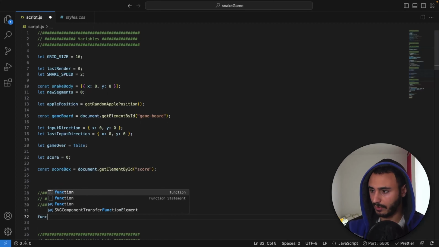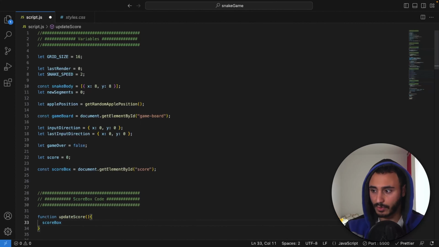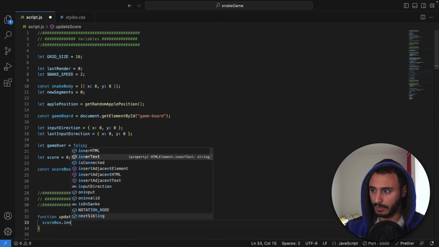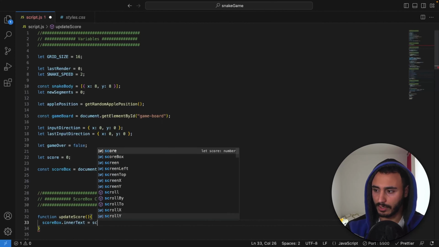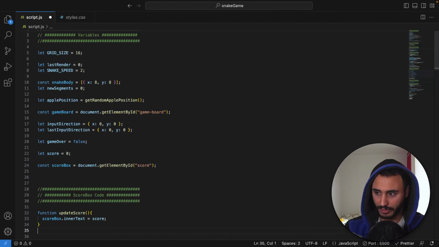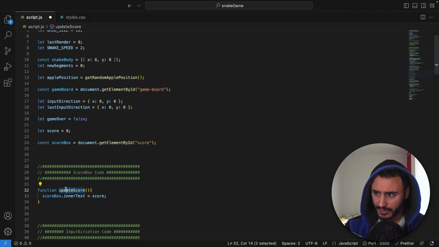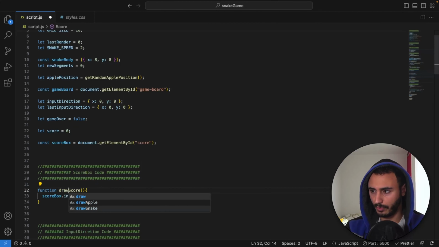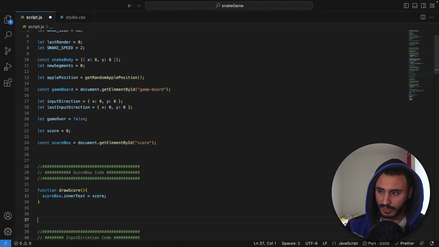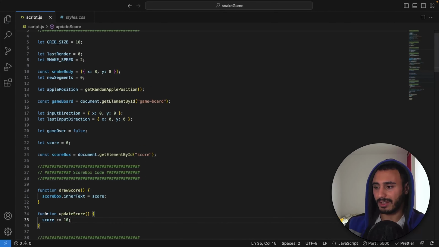Nice. So we need a function called draw score, and all we need to do is update the score directly into the HTML using the inner text, which is equal to the score, the variable that we are always updating, right? Then we need another one, which is gonna be function update score. This update score is gonna be just this one single line, which means I'm gonna for now add just